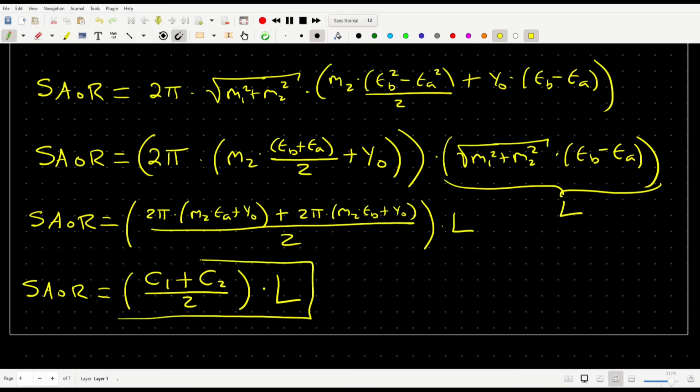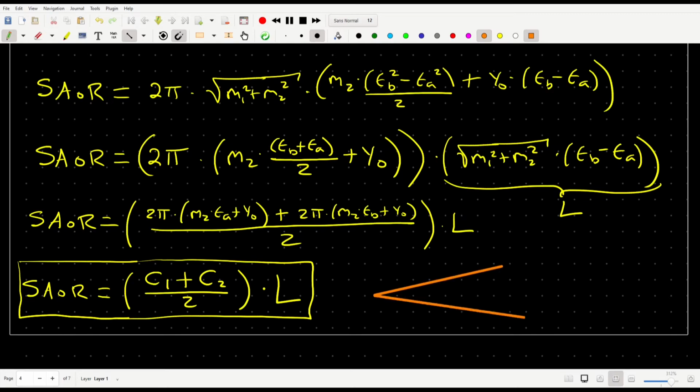And this right here is a classic formula that you can derive directly from the formula for surface area of a cone. Specifically, if you look at the frustum shape, you look at a cone,